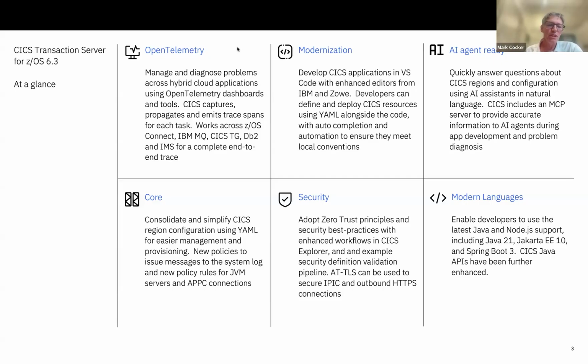And we're hoping that customers are really going to start to see some value in this area towards the end of this year. And IBM's got some announcements coming up. On the core side, CICS is